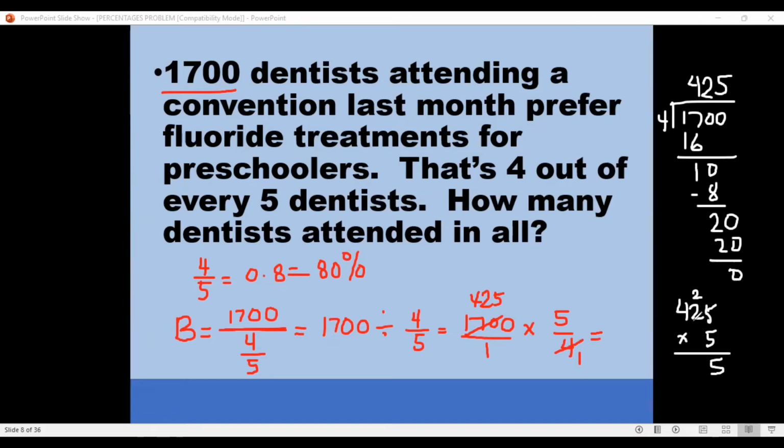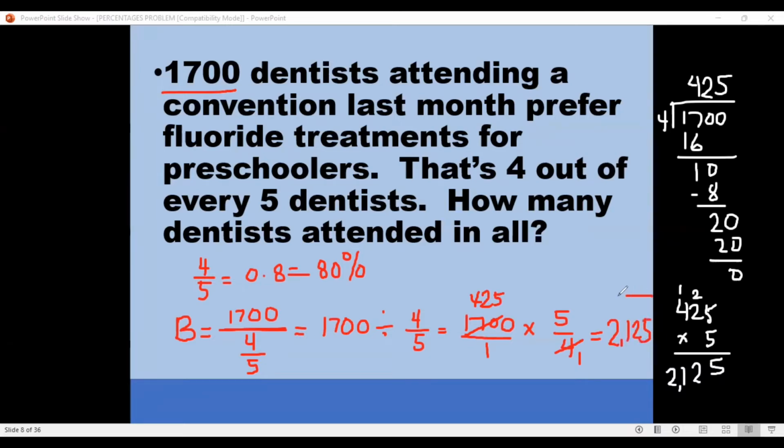And then you have to regroup. The 2 times 5 is 10 plus 2 is 12. And you will be having a regrouping of 1 also. 4 times 5 is 20 plus the 1 is 21. So the answer that you will be getting here is 2,125. Okay? So that simply means that if you are going to analyze now the problem, there are actually a total of